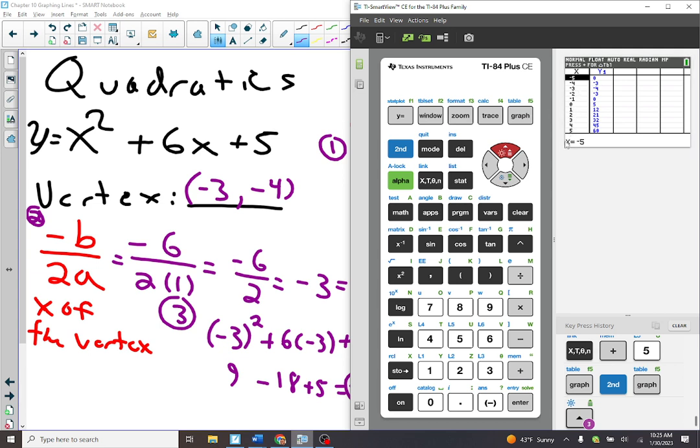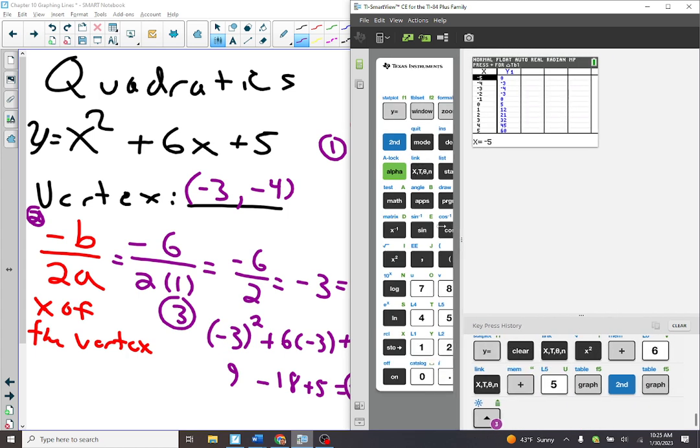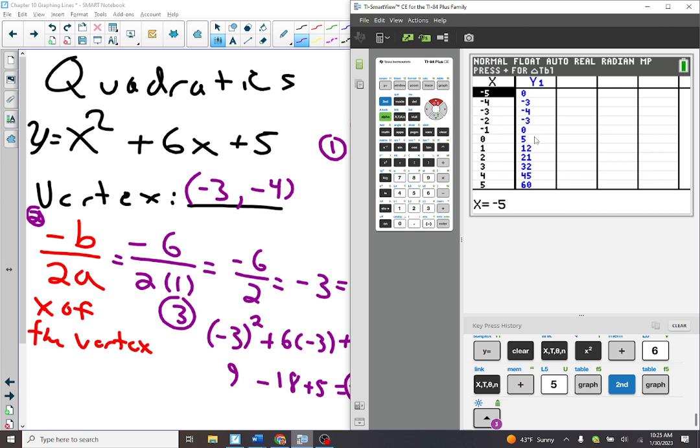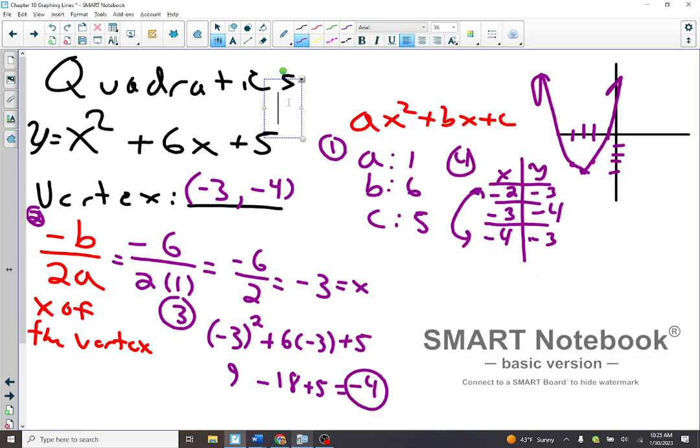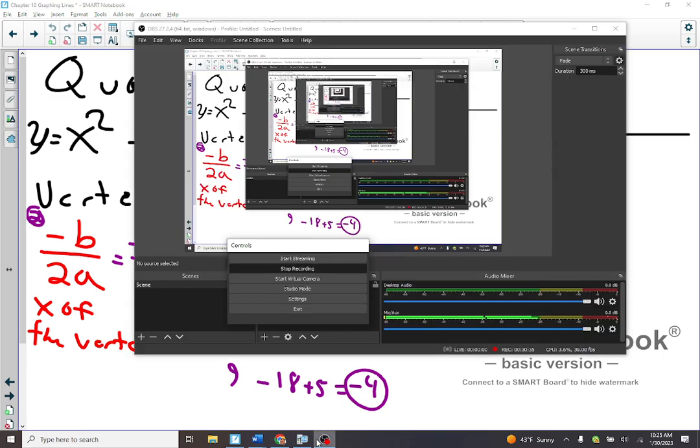Because it's -3, -4, I can fill in the points from there. Can I see the thing that you graphed? Sure. It should look like the U shape that it looks like here and here. So I just put the points in. The vertex is always going to be the middle. Yes, yes. The vertex is always